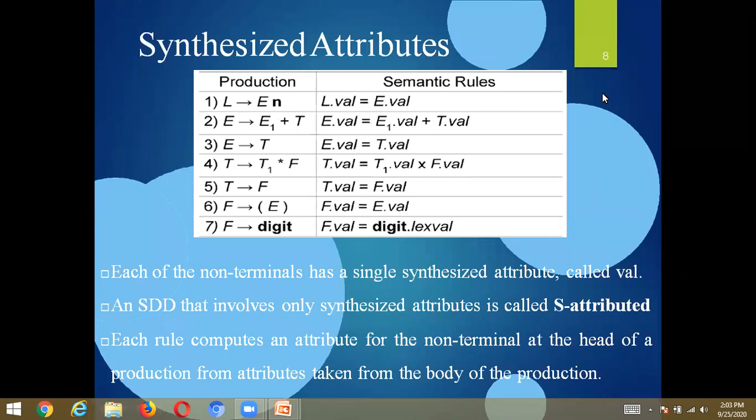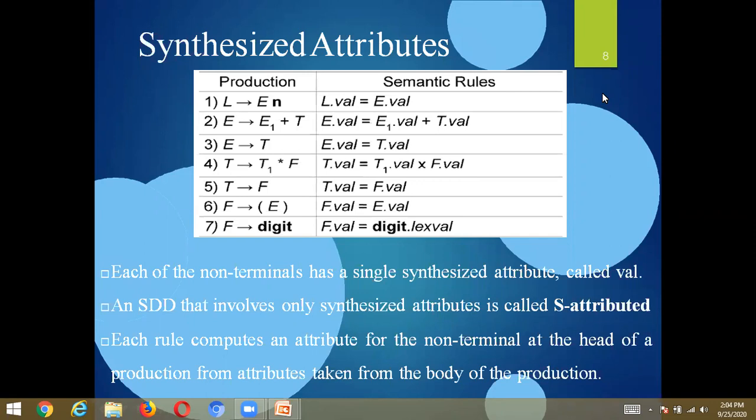And all of you make a note of this. We have some important points in this syntax directed definition. Terminals have synthesized attributes only. That means there is no definition of inherited attributes for the terminal. Here the synthesized attributes are quite often used in syntax directed definitions. So a syntax directed definition that uses only synthesized attributes, we name it an S attributed definition. Make a note of this, it is an S attributed definition.